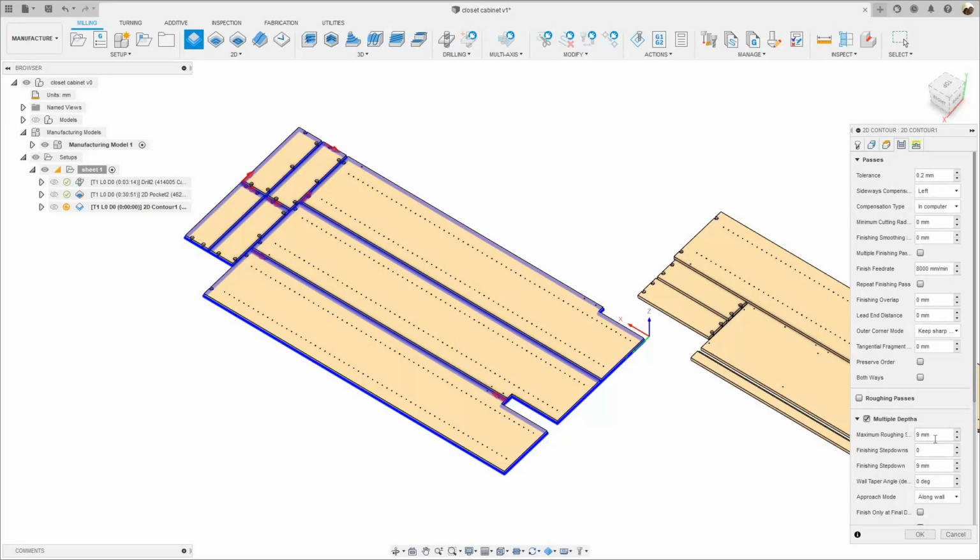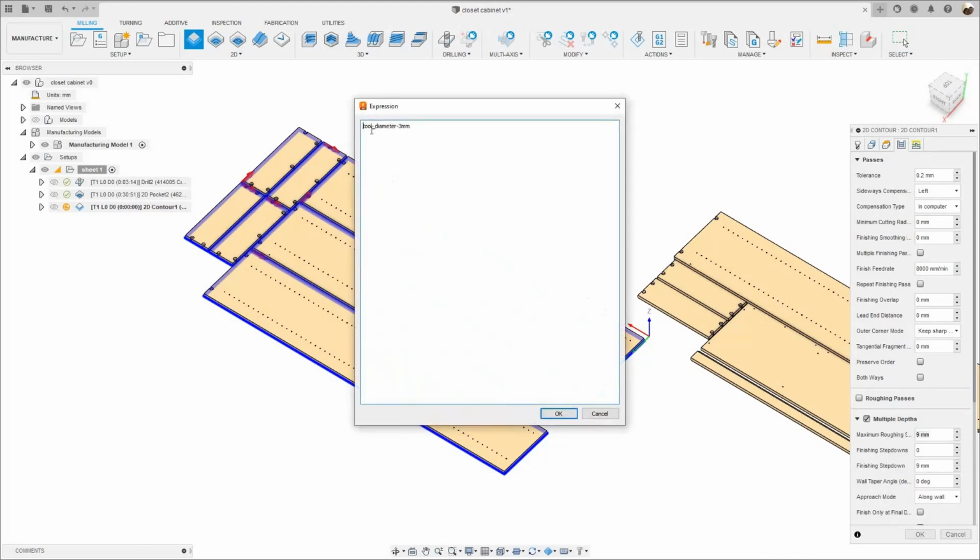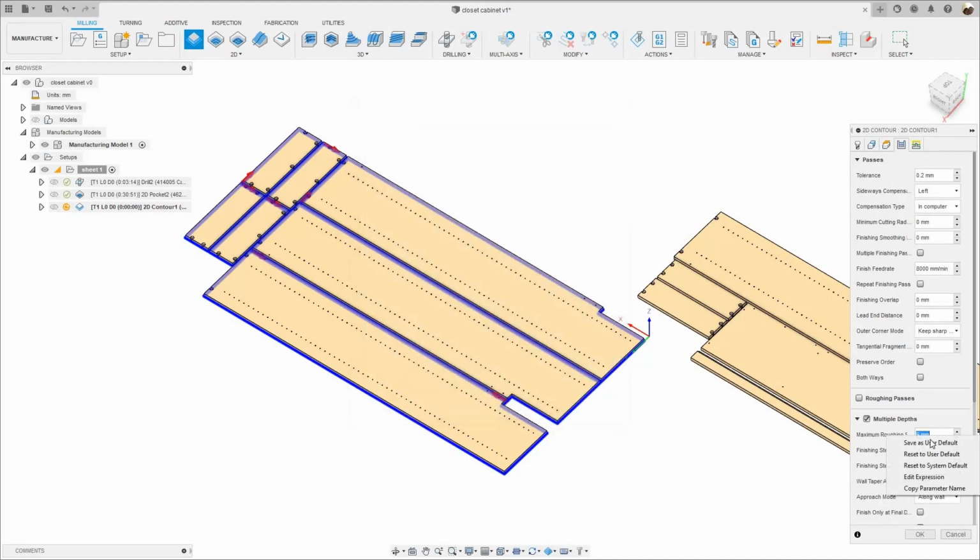Okay, I'm using that expression that I showed you for the 2D pocket. So I'm gonna right click, add expression. It's tool diameter minus 3 millimeters. Okay, and you can save that as a user default. So right click, save as user default. Okay,